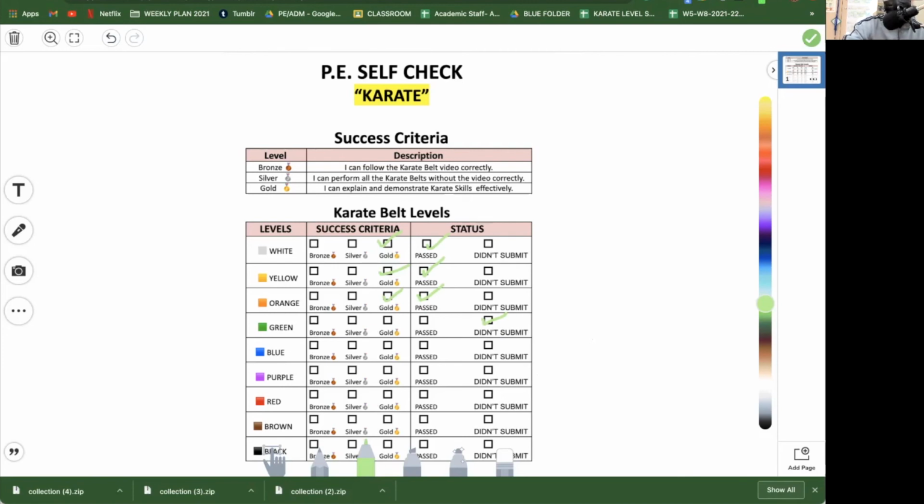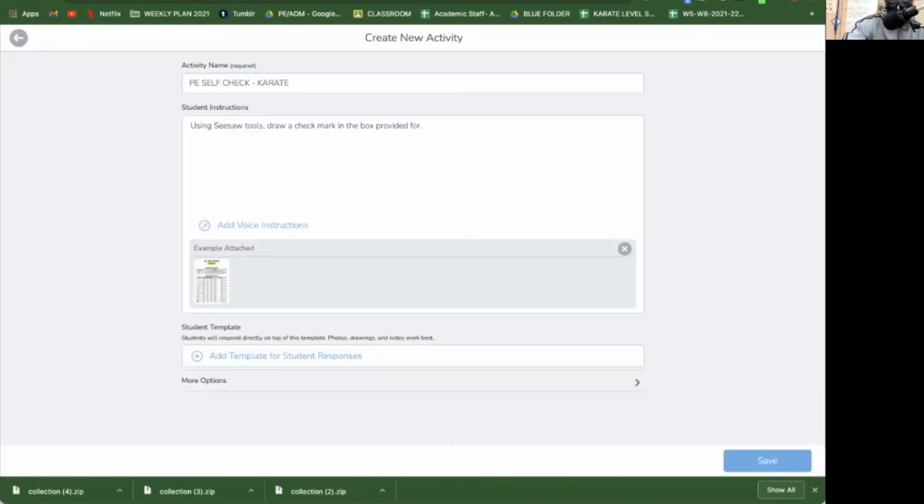Blue, I submitted it and I passed and I got gold. In purple, I got silver. In red, I got bronze. In brown, I got bronze and I submitted it. And in black, I got silver and I passed. So I'm going to upload it as an example work, all right?